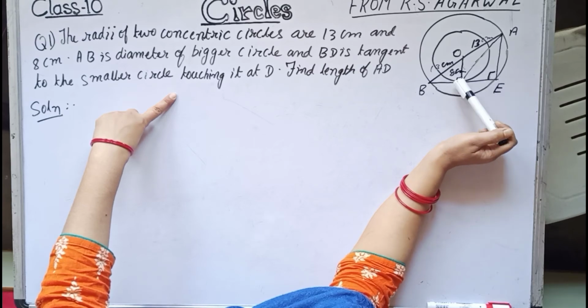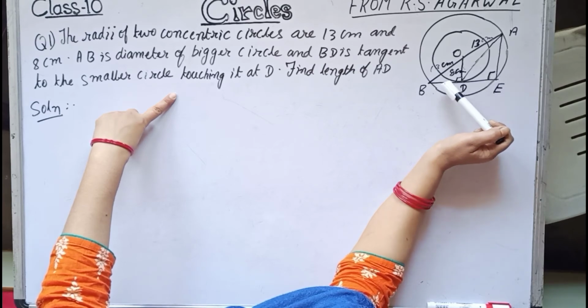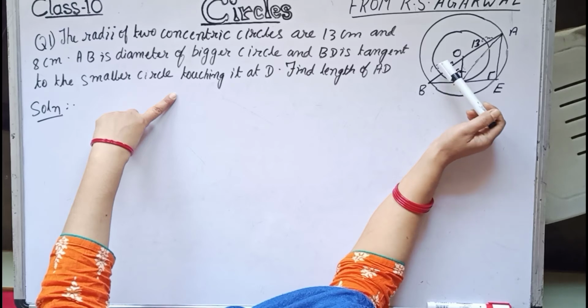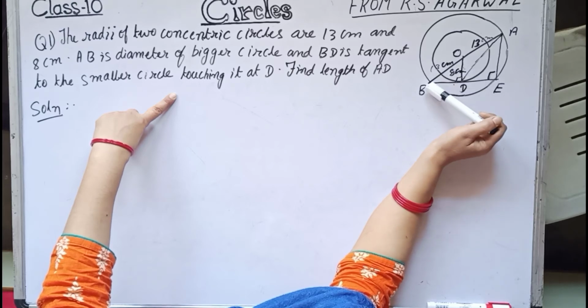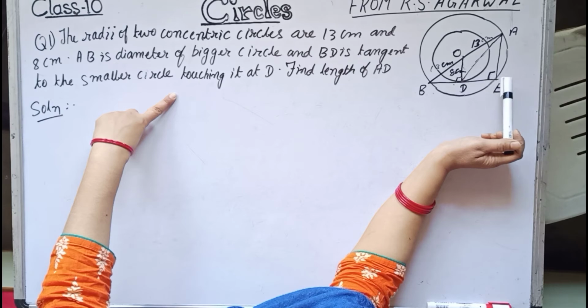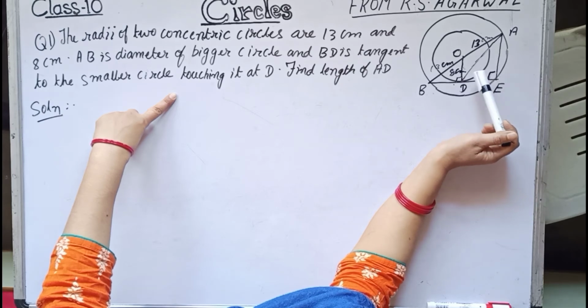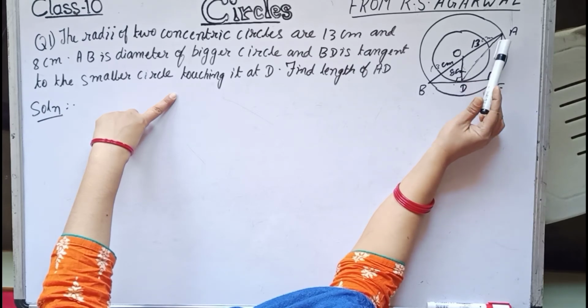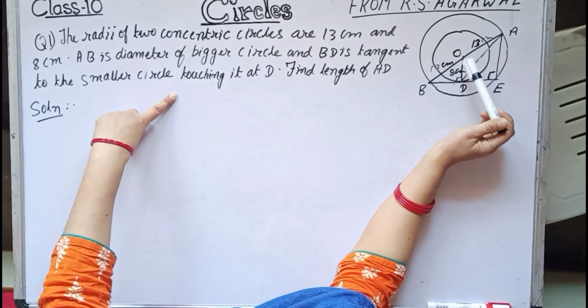Now DE value equals to BD. So first we have to find the value of BD. Now BD we can get as 13 square minus 8 square in this right angle triangle. So DE value we are knowing. Now to get the value of AE, either you can use midpoint theorem in triangle ABE. So these two are the midpoints. Therefore this will be half of this. So this is 8, so this will be 16.